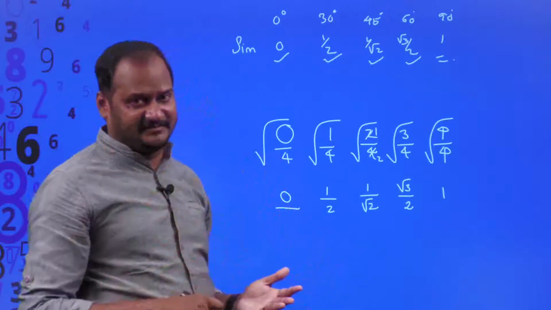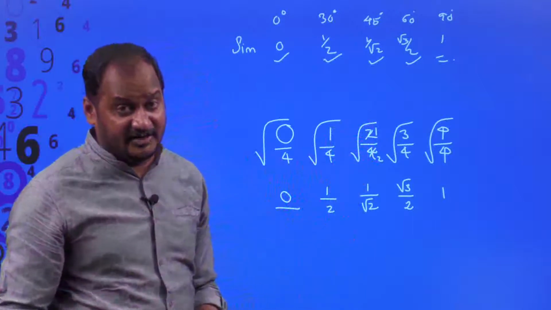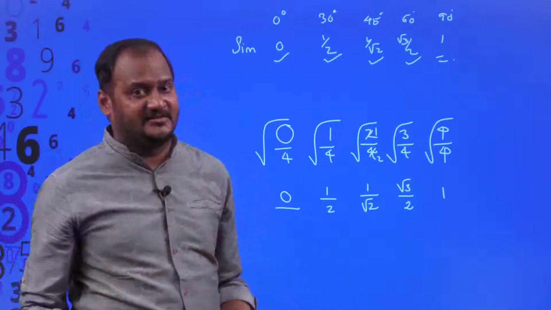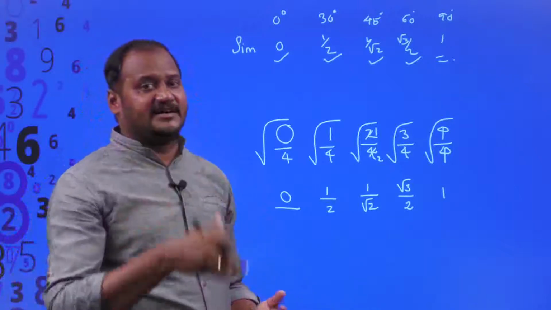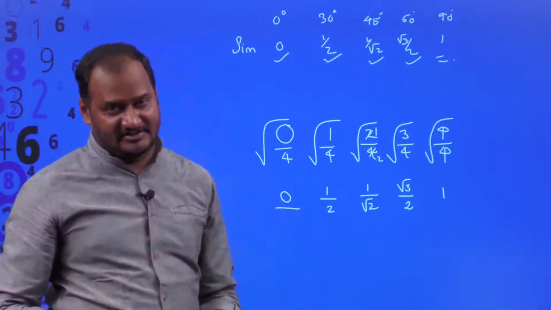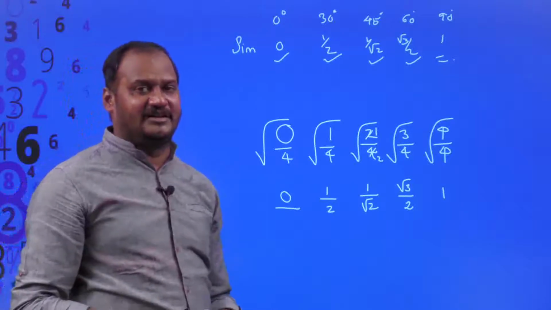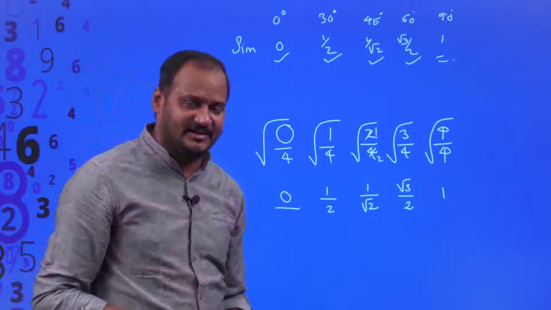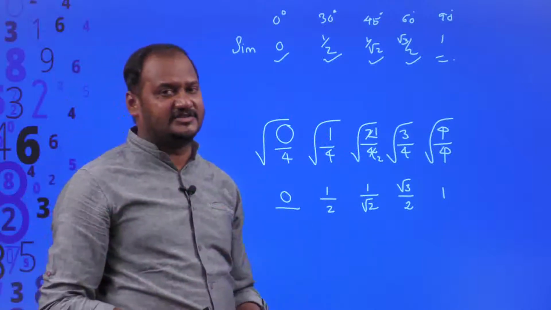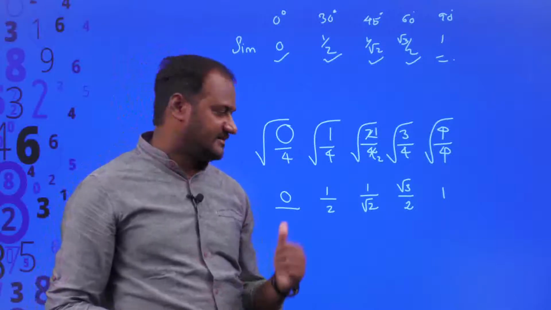We already derived these values. I am just telling you one hint to remember them easily, because if you remember the values of sine, and write them in reverse order, you will get the values of cos. Sine values by cos values will be tan values. 1 by sine values will be cosecant values. 1 by cos values will be secant values. Similarly, 1 by tan values will be cot values. Did you understand? So this is about the values of all trigonometric ratios at some specified angles. Got it?